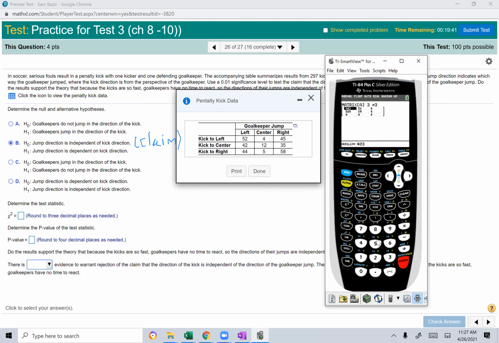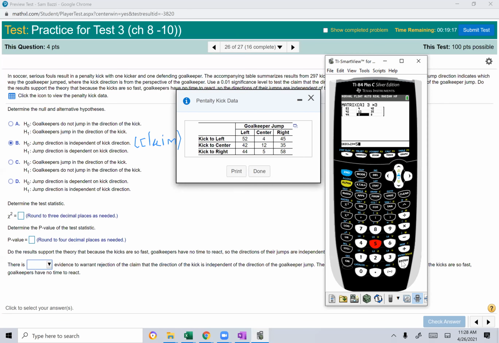I know 52, 4, 45. I've never done a detailed review of a test like we're doing today because time allowed us. So that should be, I'm hoping that will be helpful. 44,